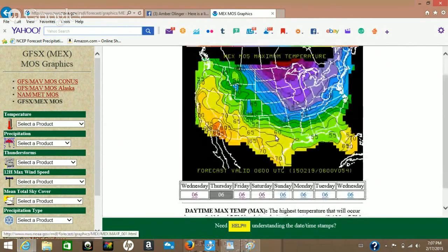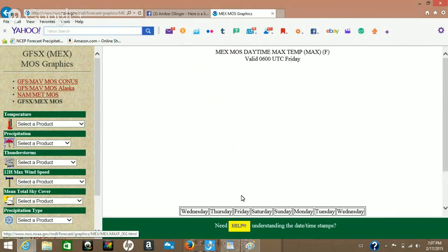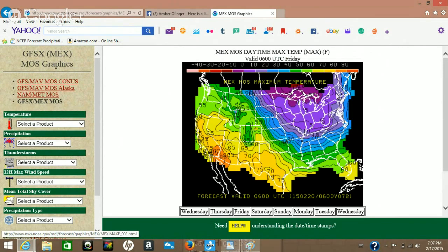Now, traveling down here to Tennessee, don't fret, because a lot of that cold air that you see over Pennsylvania, Michigan, and places, all that's going to slide south. So watch out, Kentucky and Tennessee. Here comes the cold air. You can see it arriving by Thursday. By Friday, boom, we're in that cold air mass. Temperatures pretty well in the 20s across all of Tennessee, some lower 30s, even some teens across Kentucky,